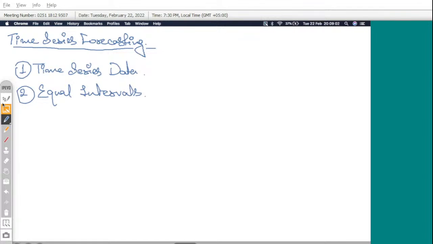Perfect. So apart from equal intervals, there is one factor called stationarity. Now, what exactly is stationarity here? Do we know what exactly the word stationary means? Anyone? Fixed, static, that do not change. No movement. Exactly. So let me explain stationarity